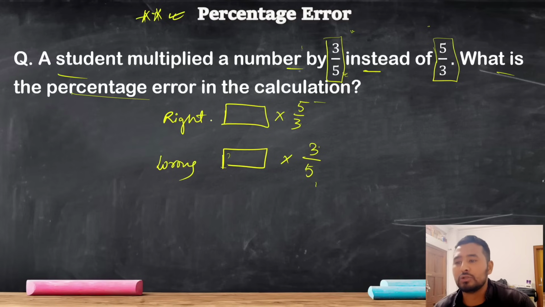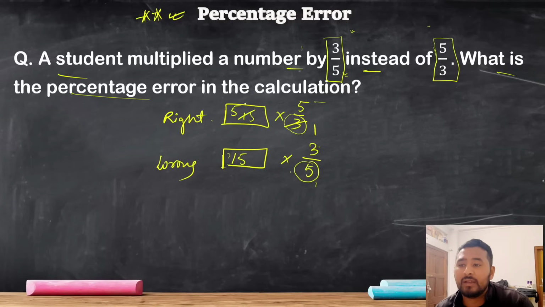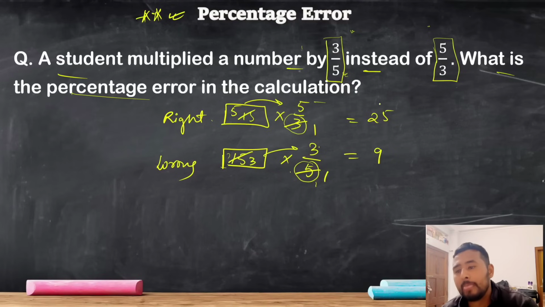To fill this box, you should remember one thing: take the LCM of the denominators, so that we'll get an integer. So what will we do? The LCM of 3 and 5 will be how much? It is 15, right? Why are we taking 15? See, now we can cancel: 3 ones are 3, 5 threes are 15. Now multiply 5 into 5, you're getting 25. Then again 5 ones are 5, 5 threes are 15. Now multiply 3 into 3, it will be how much? 9. So for the right one, he should do with 25. For the wrong, he has done 9. Now we need the error. How much percentage error? These are the numbers they are getting. We should find the error. What will we do?